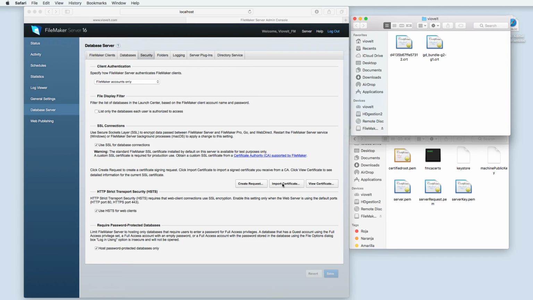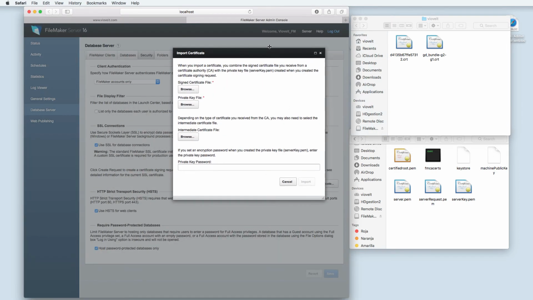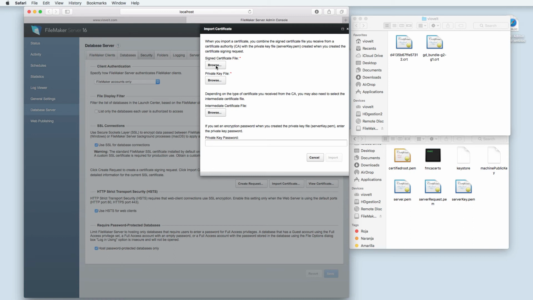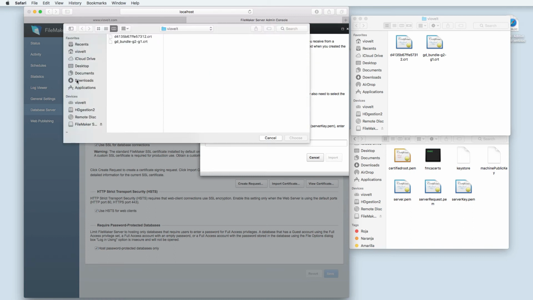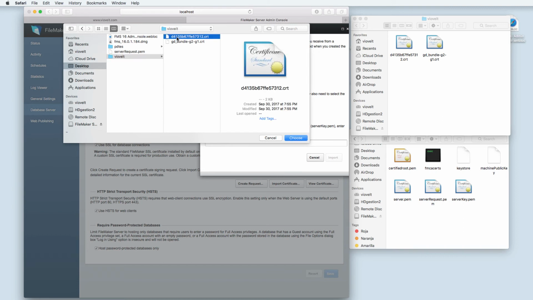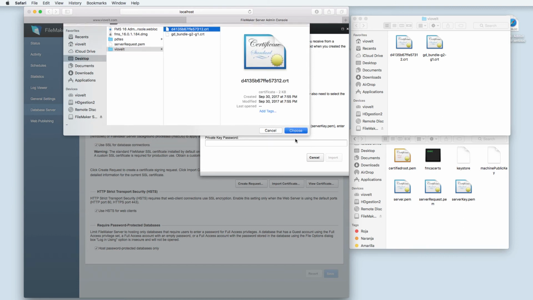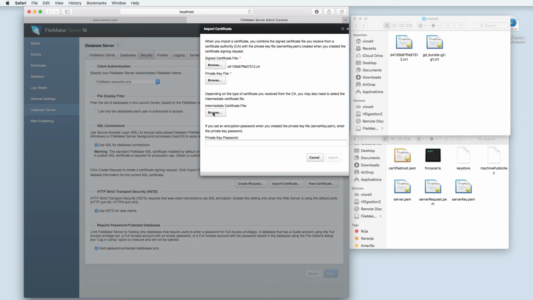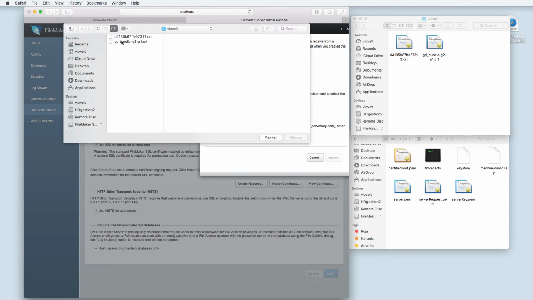Click on Import Certificate. Let's import the signed certificate. Click on Browse, and let's look for the folder in our desktop, in our case, the one that's the certificate with the long number. Choose the intermediate, browse, and it is the GD bundle .crt that is in the same folder, choose,